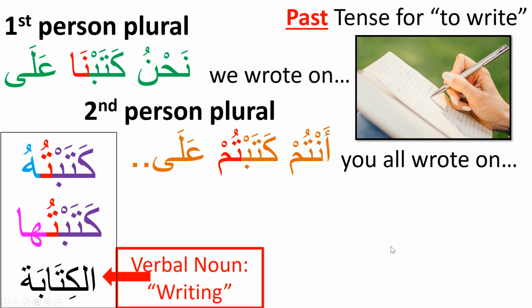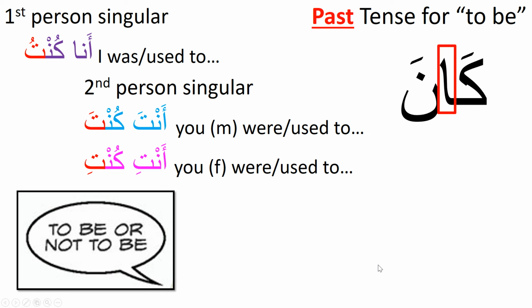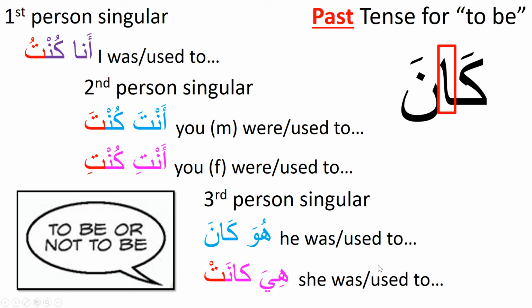Katabna, we wrote. Katabtum, you all wrote. Katabu, they wrote. Katabtuhu, I wrote it, masculine. Katabtuha, I wrote it feminine. I wrote something that's feminine. And then al-kitaba is writing. And we've already done kun